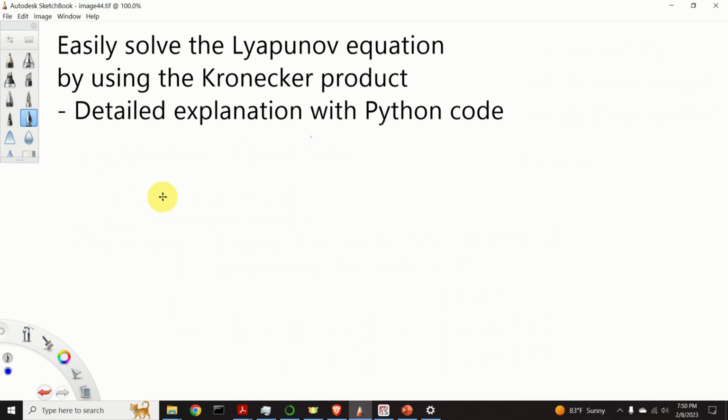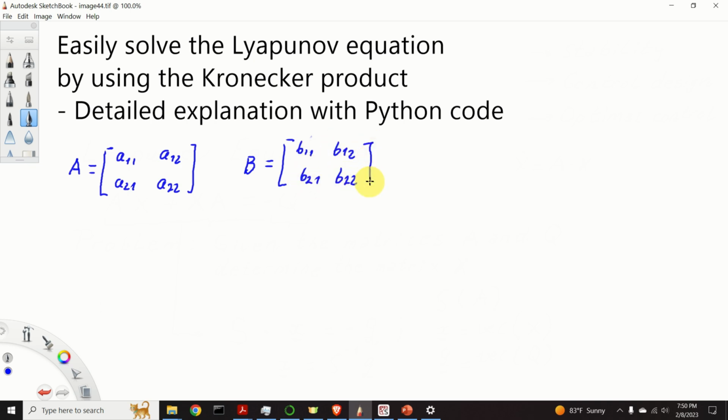Let A and B be two arbitrary matrices. For simplicity, I will assume that these matrices are two-dimensional. This is my matrix A, and this is my matrix B: B11, B12, B21, and B22. The Kronecker product between the matrix A and B is denoted like this: A cross with a circle B. And it's defined by, pay attention now,